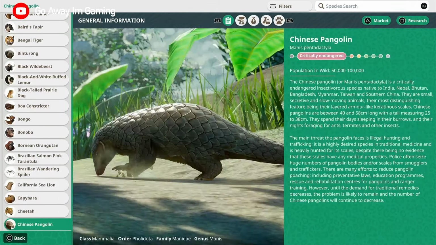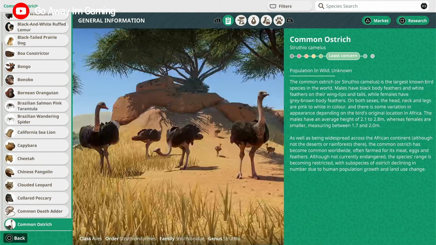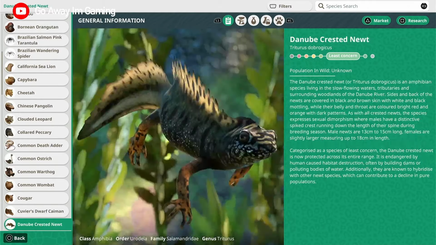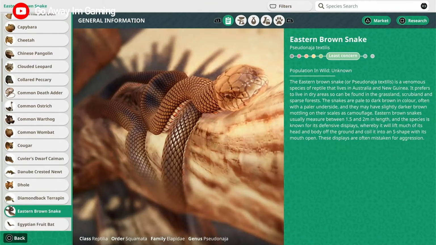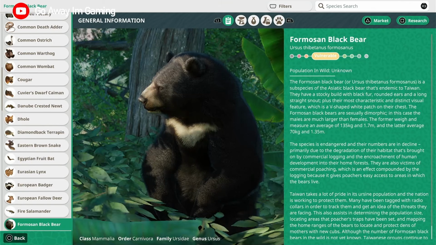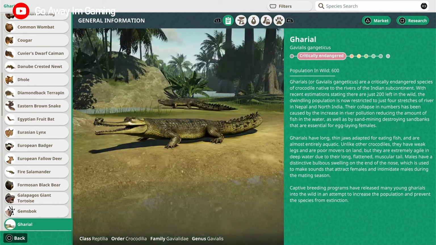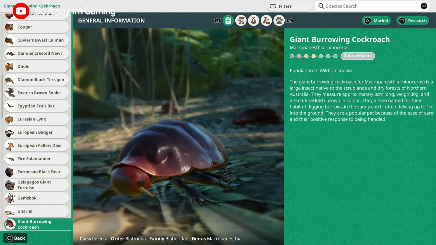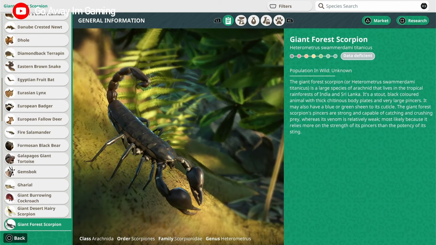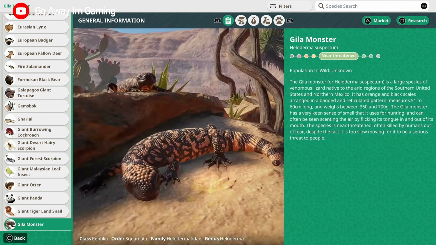Then we have cheetah, Chinese pangolin, collared peccary, common death adder, common ostrich, and common warthog. They are all the way up to C now. Then we go to E, and it's eastern brown snake, followed by the Formosan black bear, the Galapagos giant tortoise, the gemsbok, the gaur, the giant burrowing cockroach, giant desert hairy scorpion, giant forest scorpion, giant panda, giant tiger land snail, Gila monster,